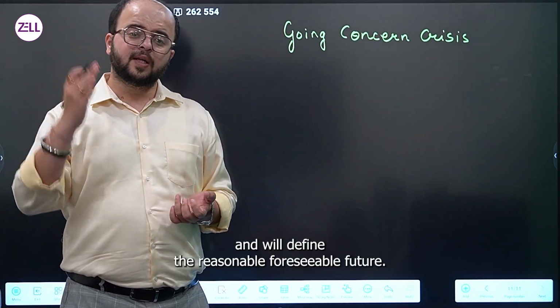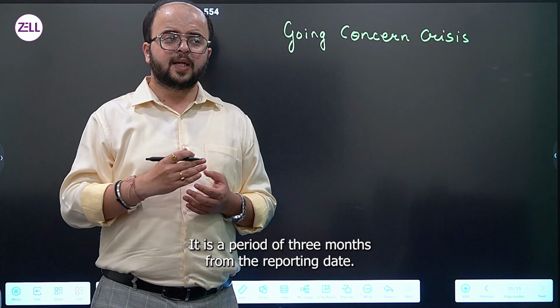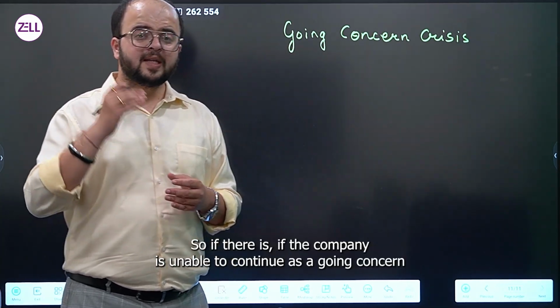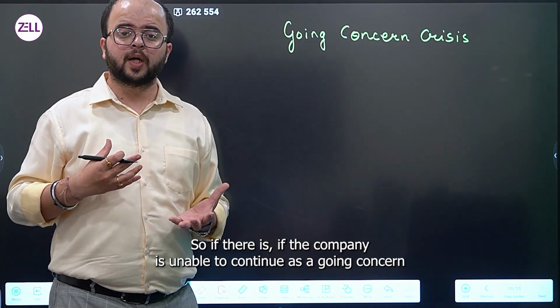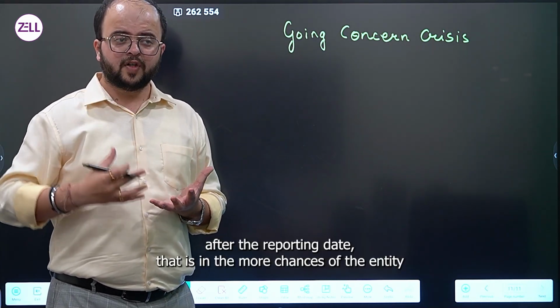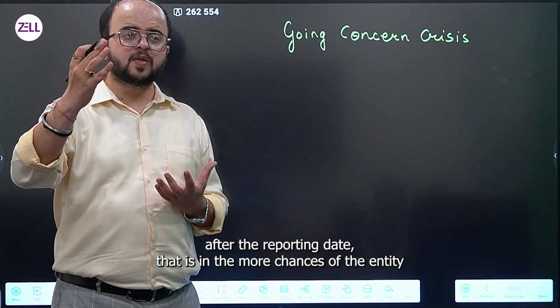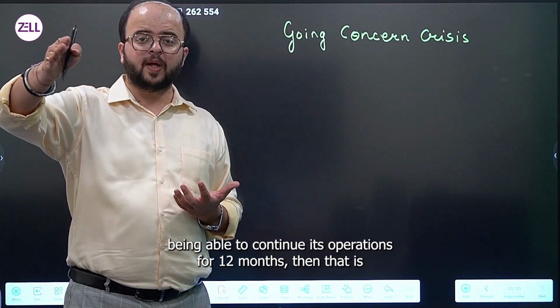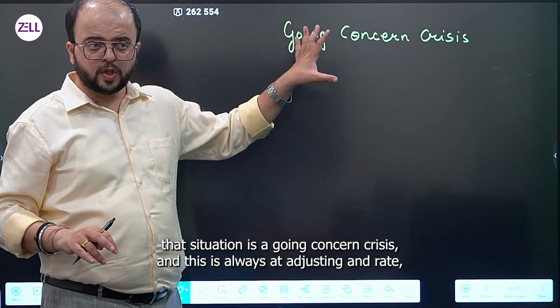And how do you define reasonable foreseeable future? It is a period of 12 months from the reporting date. So if the company is unable to continue as a going concern after the reporting date, that is, there are no chances of the entity being able to continue its operations for 12 months,